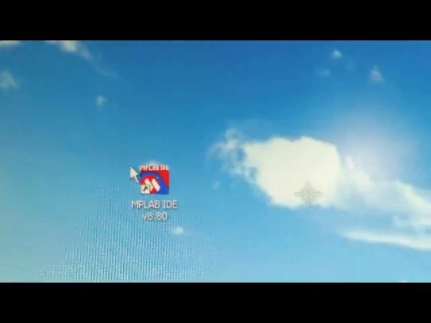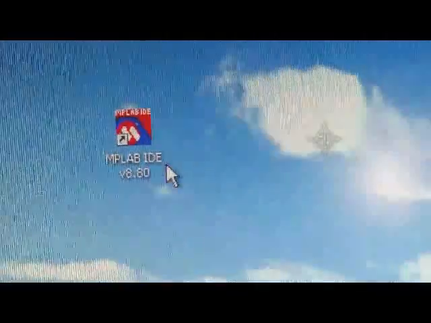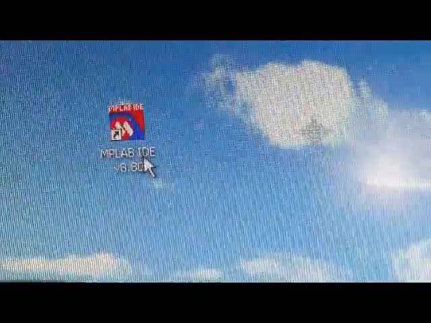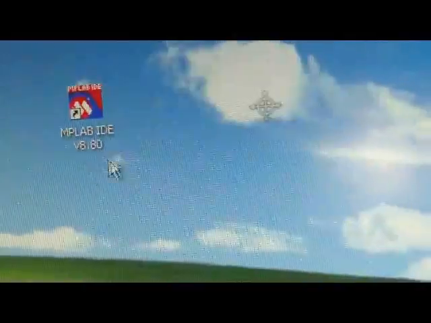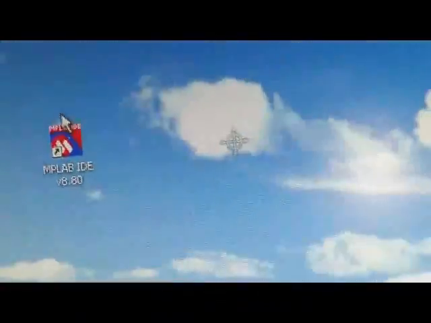Now we're going to write a code using MPLAB IDE. Now IDE is an acronym which stands for Integrated Development Environment. This can be downloaded from the Microchip website. This is free. There are third-party proprietary ones which are not free. So if you come to my website, there's a link to the Microchip website to download this IDE free. So let's start by